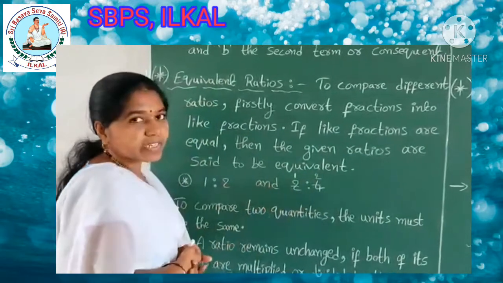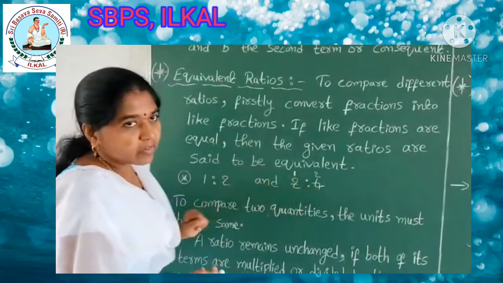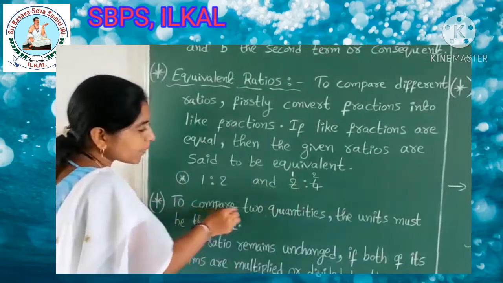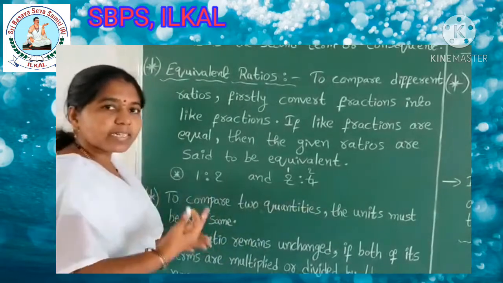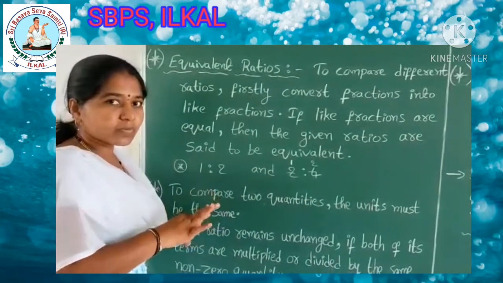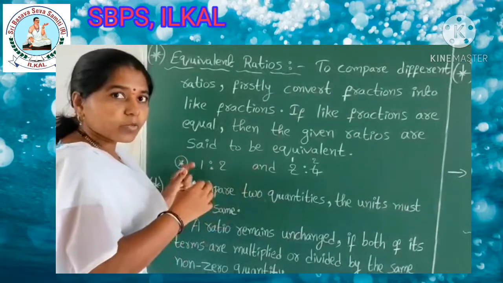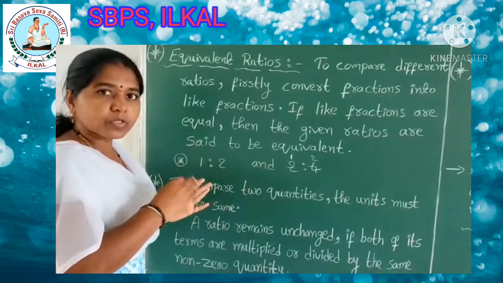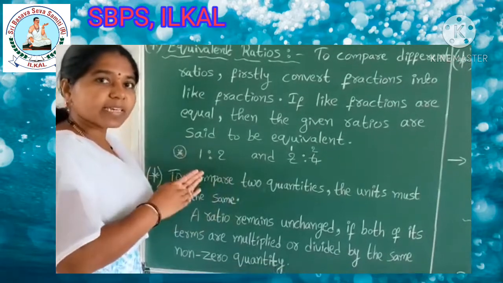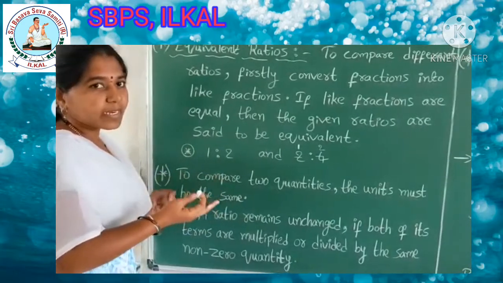Then both the given fractions are equivalent. We can consider that both the given ratios are equivalent. To compare two quantities, the units must be the same. Whichever quantities you compare, children, first the units must be the same. For example, if you are comparing in kg, both the units should be in kg itself. If any two quantities are given in gram, both should be in gram. If they give 1 kg and 1 gram, we have to convert into the same unit and then we can